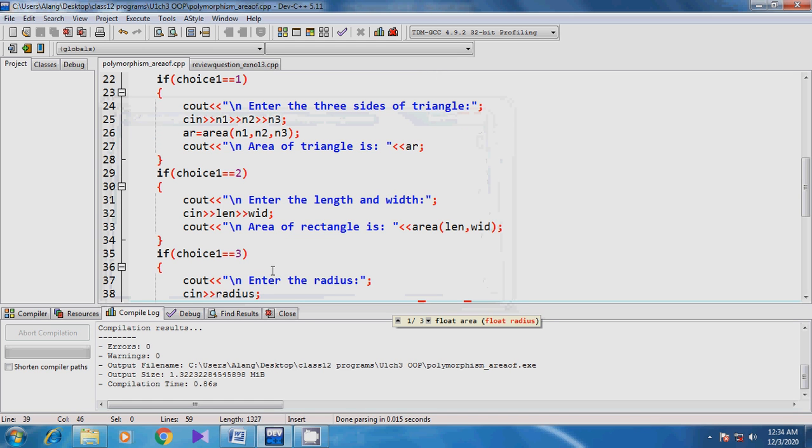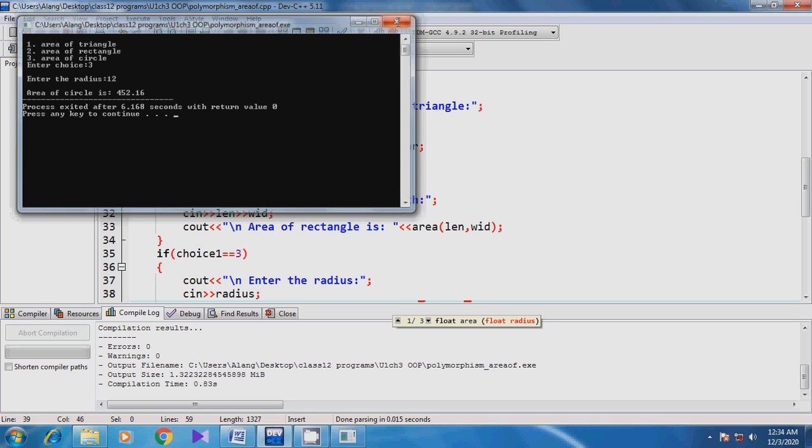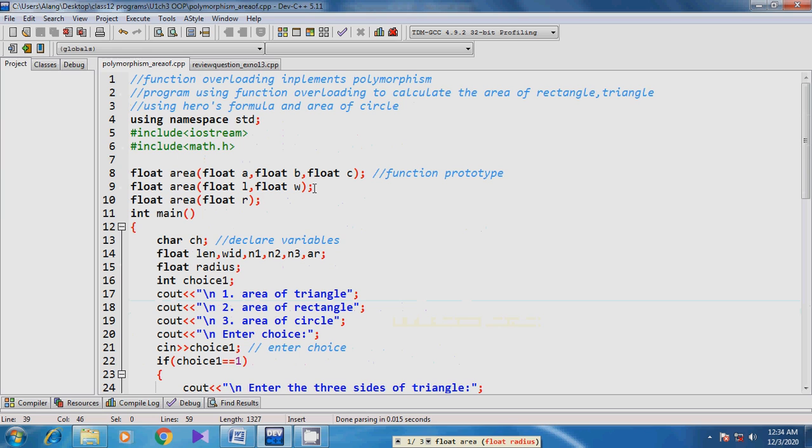Now if you enter choice 3, so radius, right, so you need to enter only one value, then you get this area of circle is, right? So I hope that through this you have understood the concept of polymorphism or function overloading. Right,